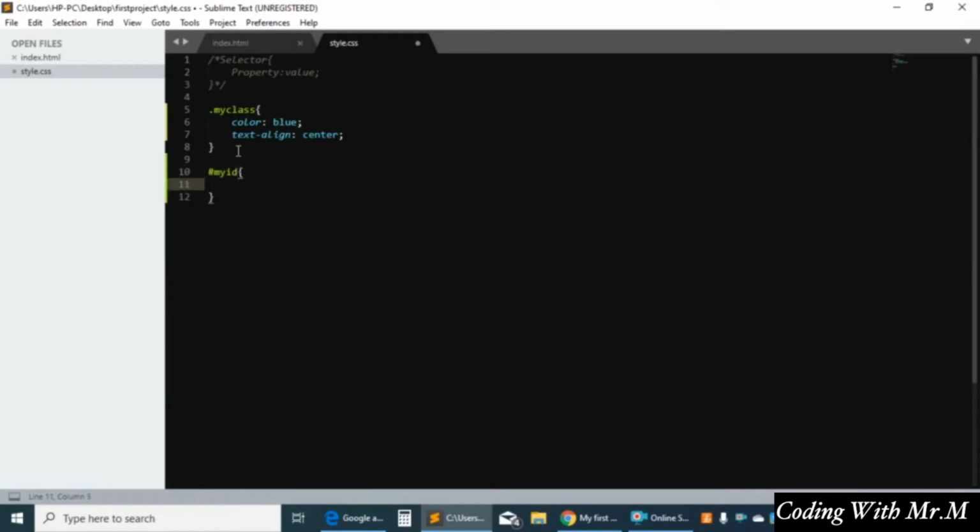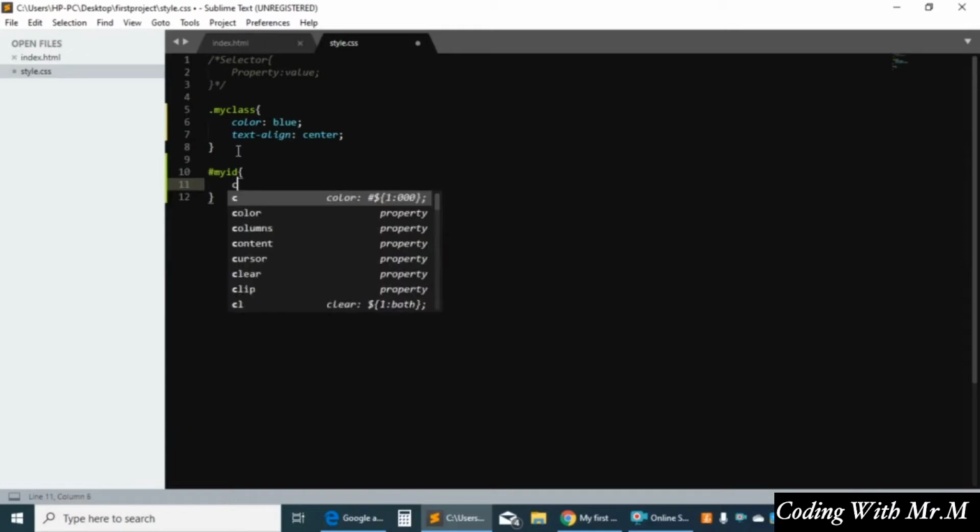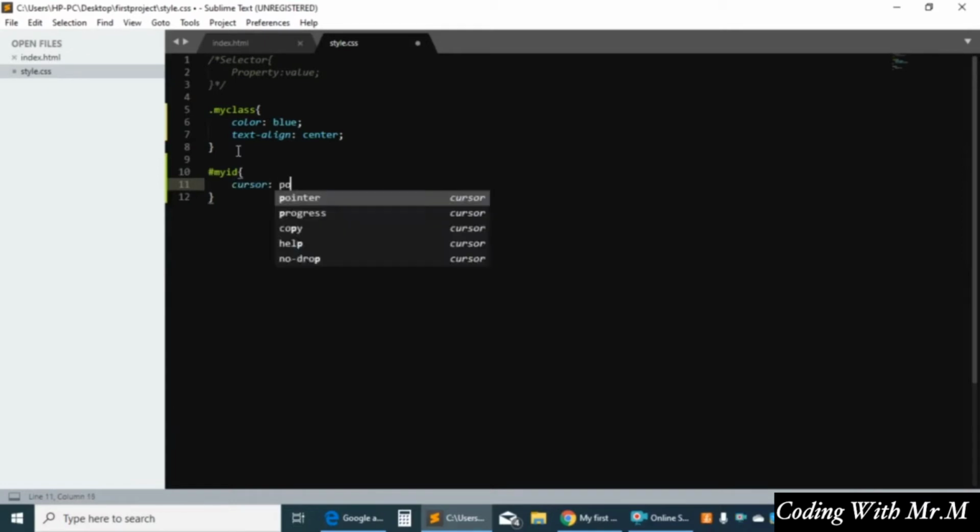So let's write here cursor pointer. There are websites like w3schools.com and CSS Tricks,